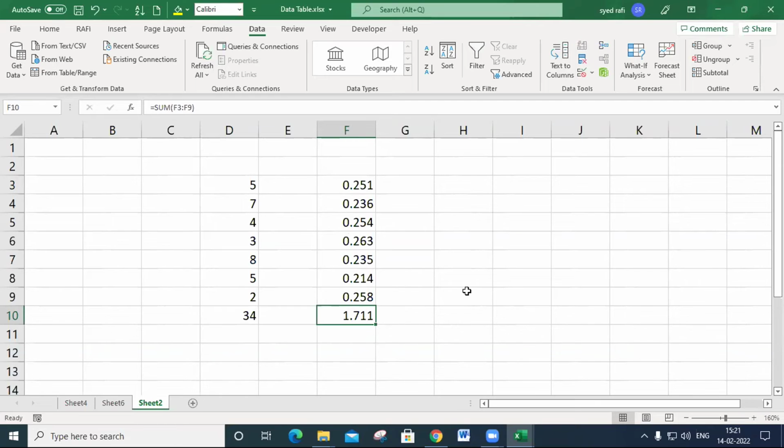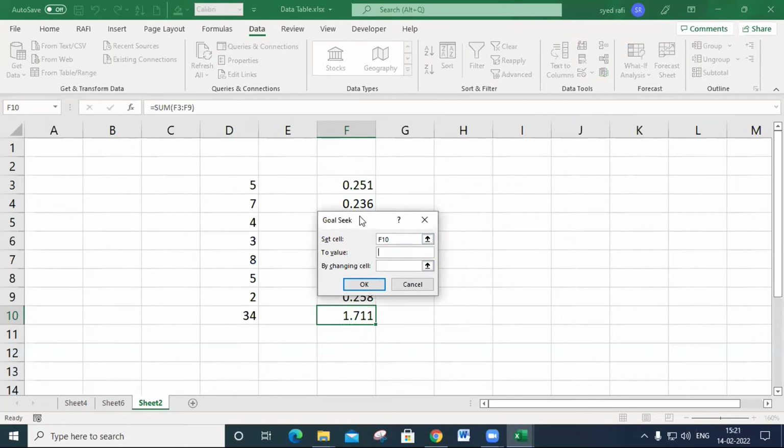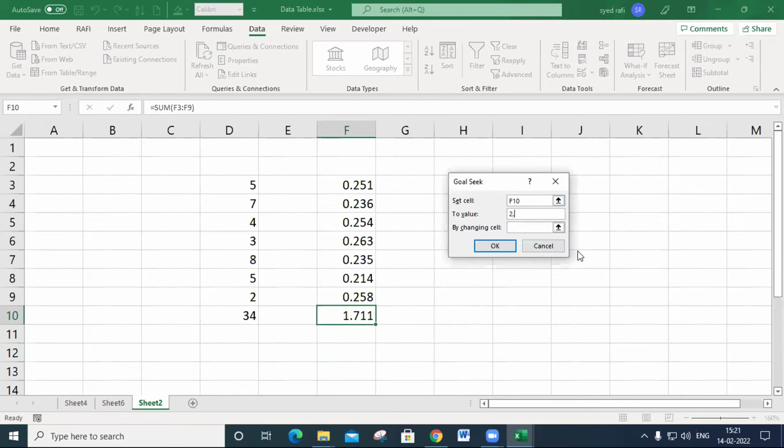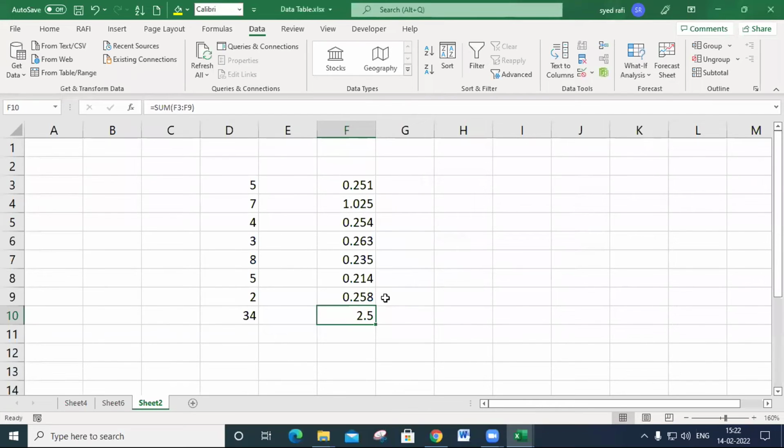You must click the cell pointer here, click on what-if analysis and select goal seek. There are two values: add how much you need to display. Click the by-changing cell, and you must select only one cell, not more than one; it can't accept that. Say okay, and you get this value. That difference is added to that cell. Now you get this answer.